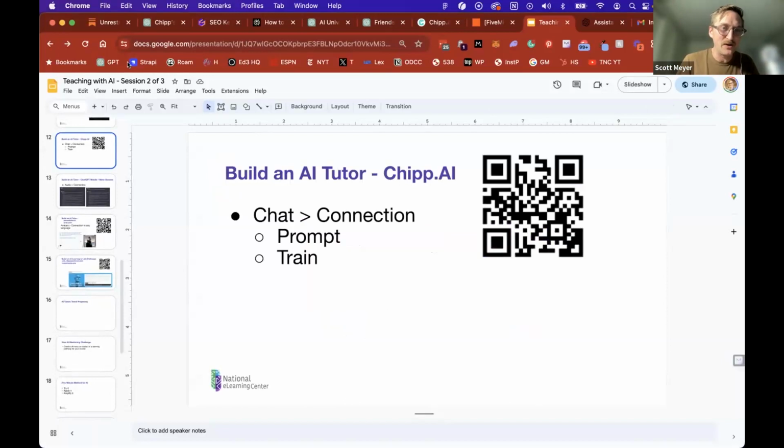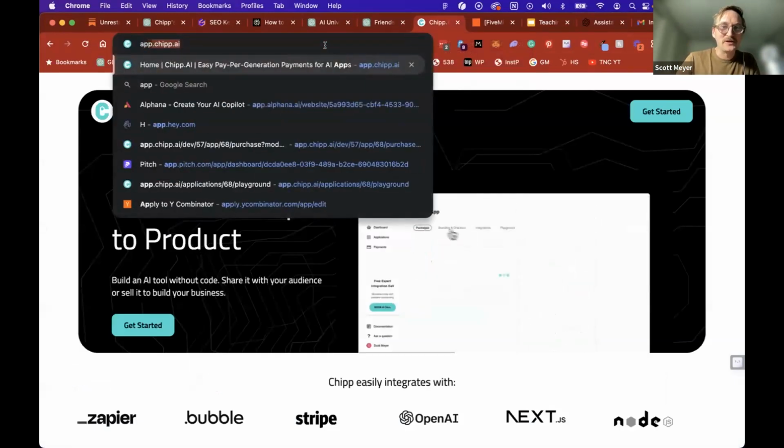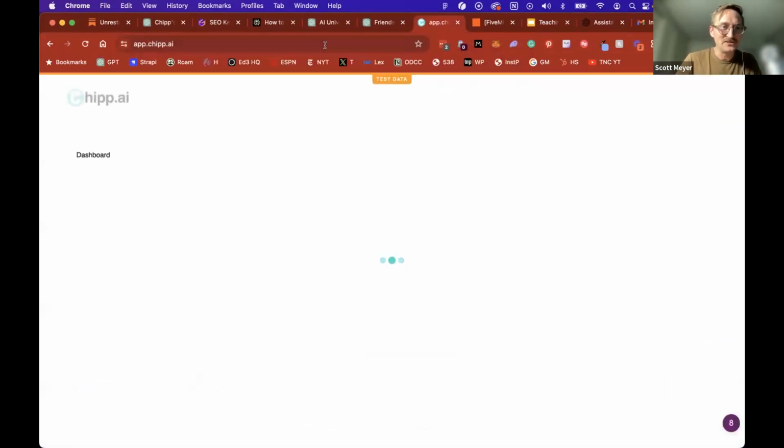We're going to use that prompt that you built previously, that RIPE statement that you did. And we're going to build our own AI tool that you can put on your own website, that you can charge for, that you can track usage on. So yeah, just head over to chipp.ai or take a picture of this QR code. Hopefully by now you have done that. And we're going to go in and dive into Chipp.